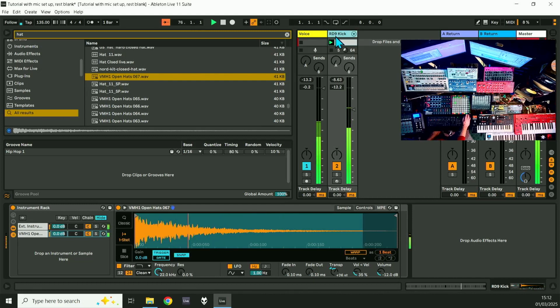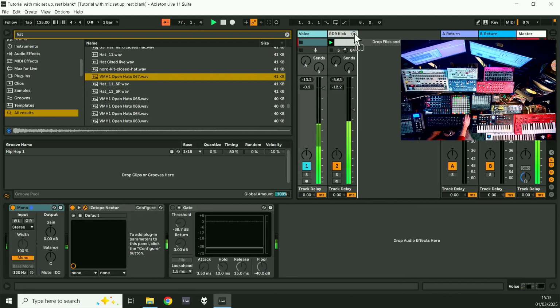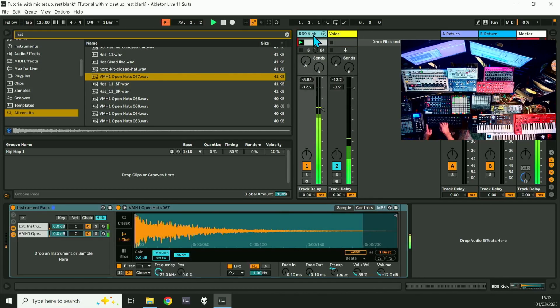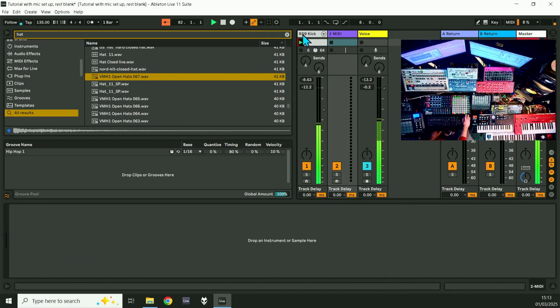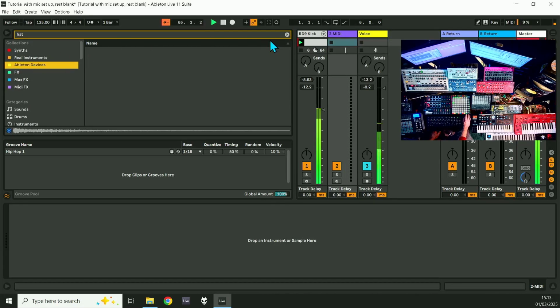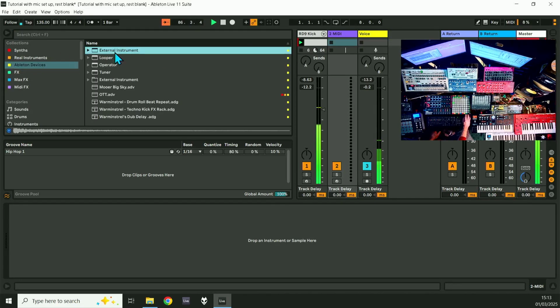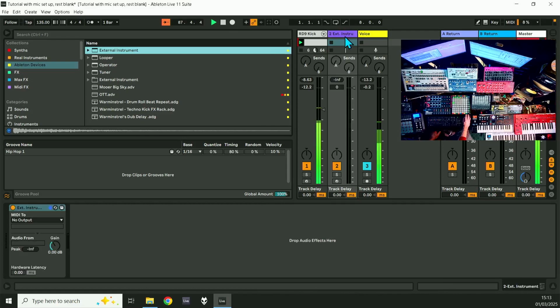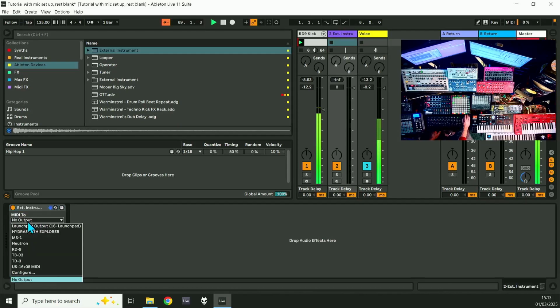So next thing I'm going to do is maybe put a bass line on, put the vocals on the right. That's my voice over there. So Control Shift T is your friend, because that brings up a MIDI track. And I'm going to get another external instrument. Enable devices, I got that. External instrument. Put that in there. And we're going to find the West Pest. Now I know the West Pest is not got its own MIDI,